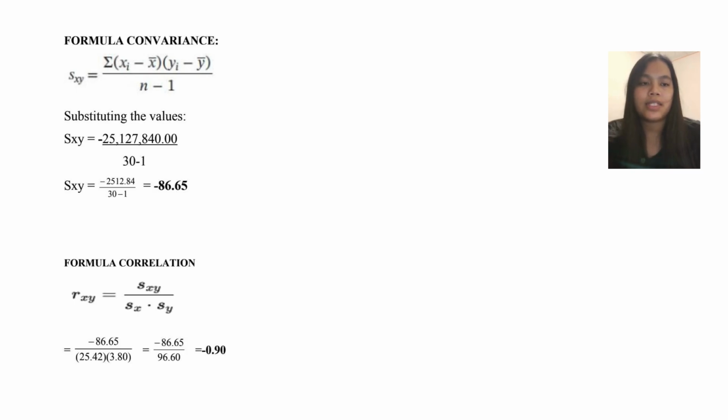For the formula, correlation is sxy divided by sx times sy. So negative 86.65 I get from the answer of covariance. So I divide by 25.42 times 3.30. So I get the answer for the correlation negative 0.60. So analysis